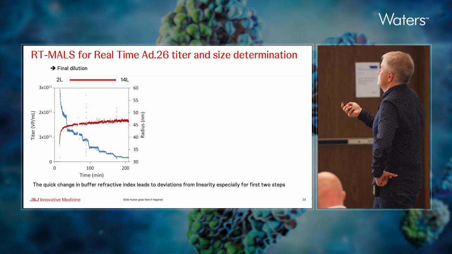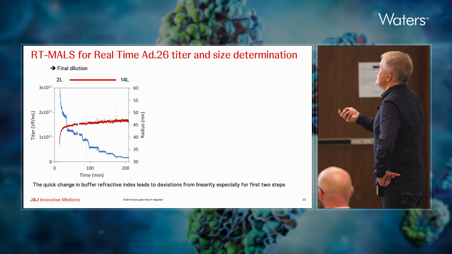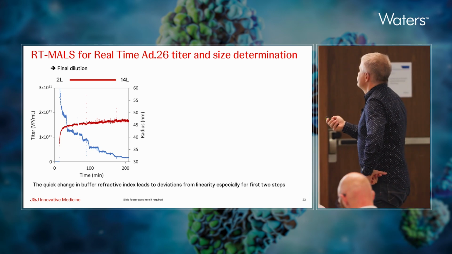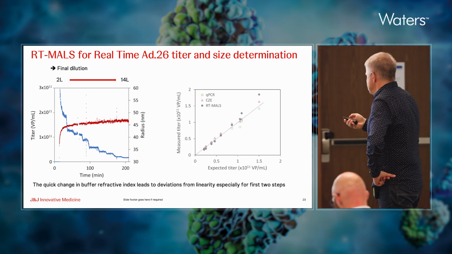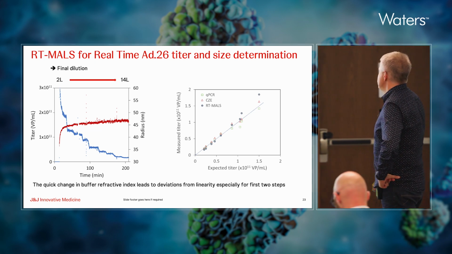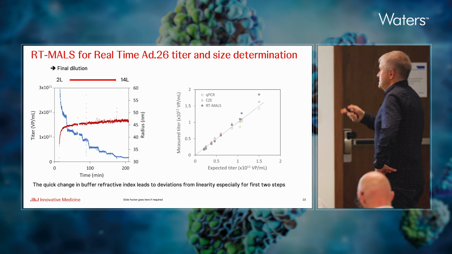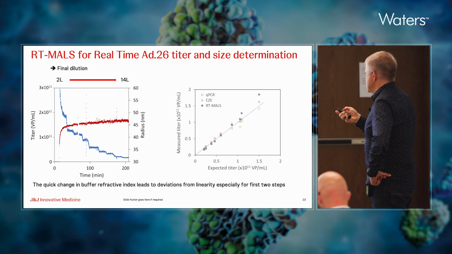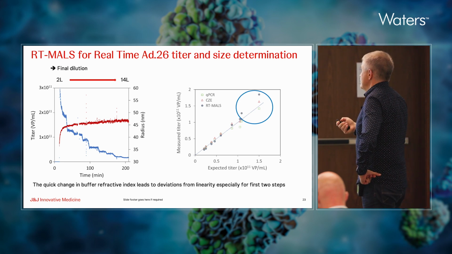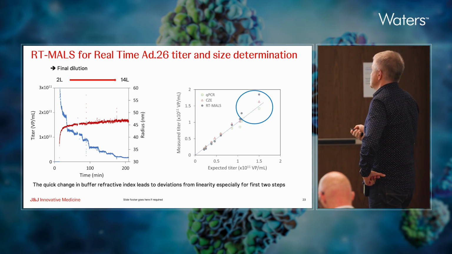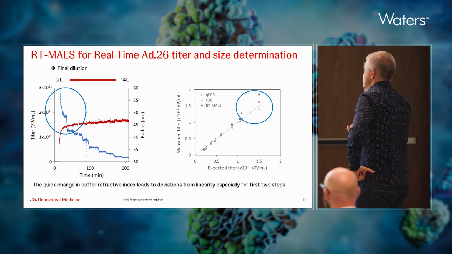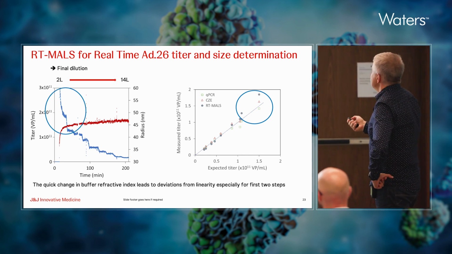And, one more slide here, or two more slides actually. So here we are, let me just put everything up, sorry. This is the final dilution, where we are moving from 2 liters to 14 liters. It's sequential, and again we are applying the same theory, and then we measure the titer at each individual step. And when we represent this titer relative to the expected titer, we see quite good linearity.